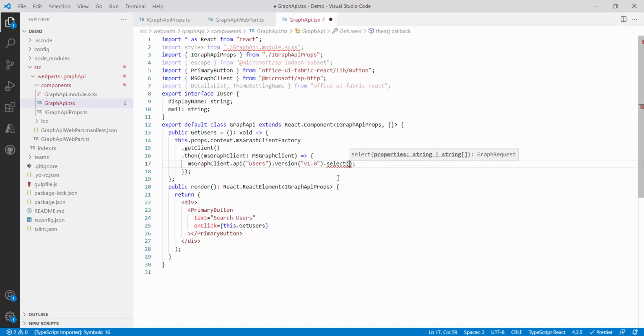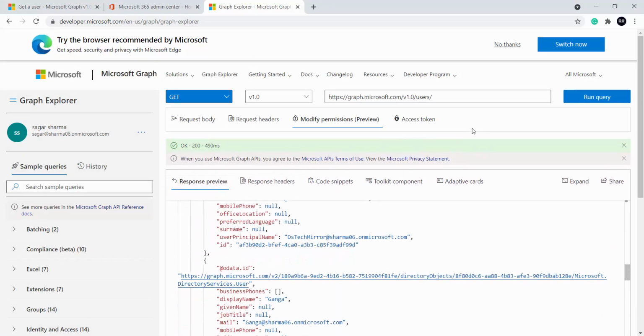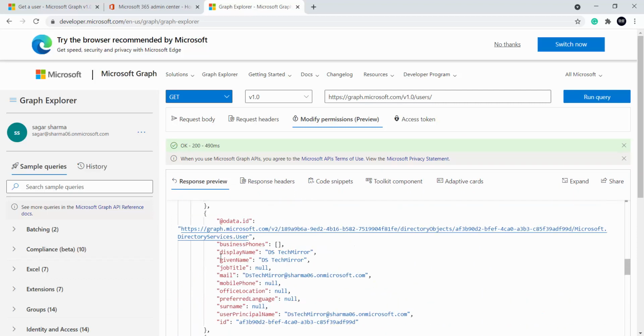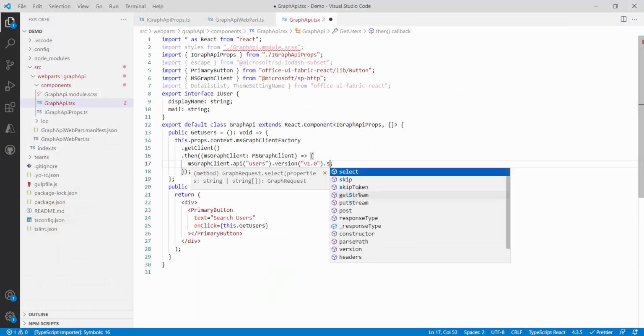Okay. So let's do one thing. Even if for example, let's not select anything for now because I want to show. Okay, let's select because the same thing, I was thinking, let me show you this API in the browser console, but when I'm already testing it over here, why do two things again and again. So over here you can see business phone, display name. I want to use this display name, and I told you next I want to use this mail. So let me select these two from out of all the values it will return.